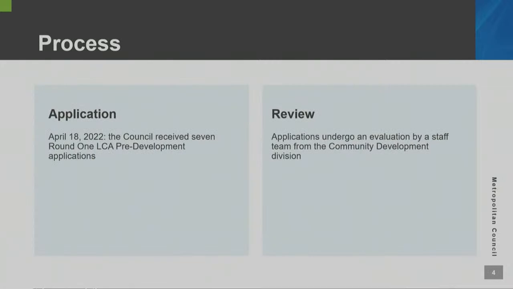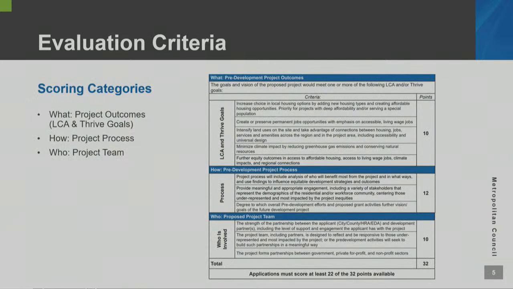On April 18th, 7 pre-development applications were received from 3 cities for the Round 1 funding opportunity. Applications were reviewed by a team of council staff. These applications were scored on 3 evaluation categories: project outcomes and how they meet both LCA and Thrive goals, project process, and project team. And applicants must score a minimum of 22 out of the 32 points available to be